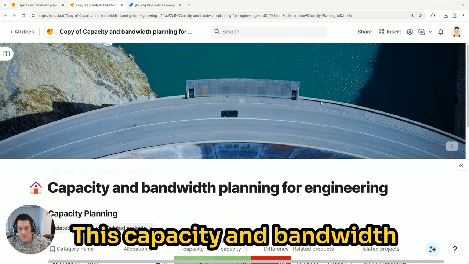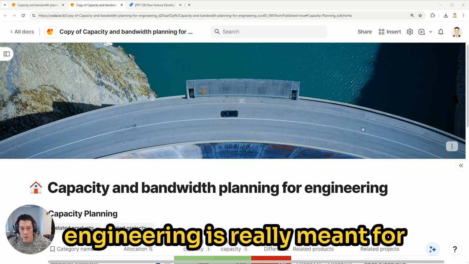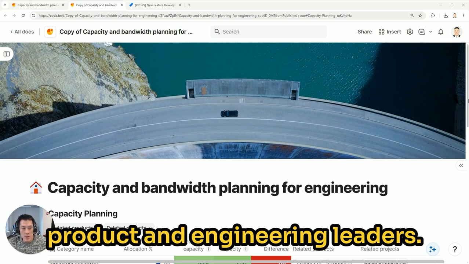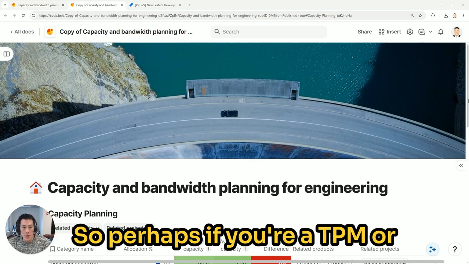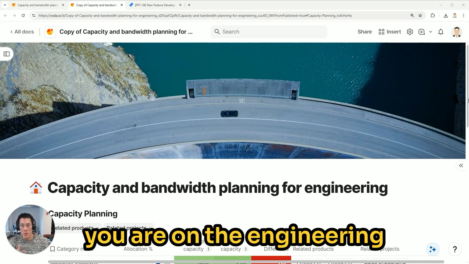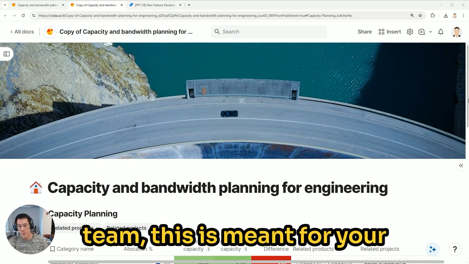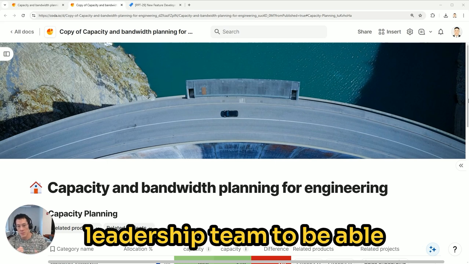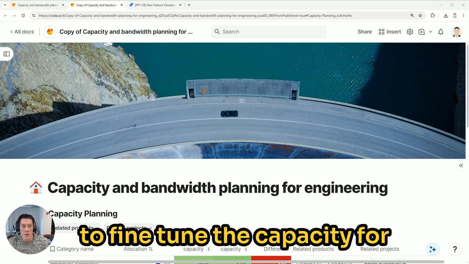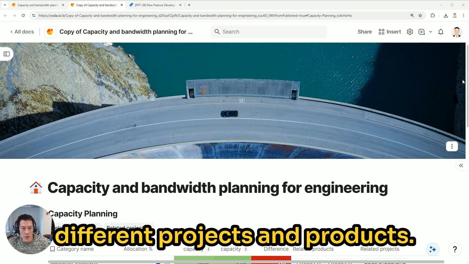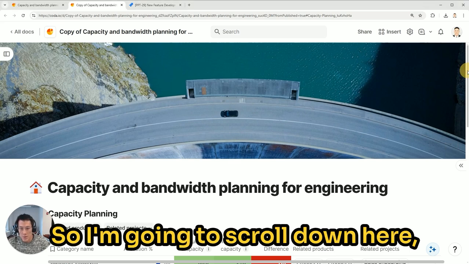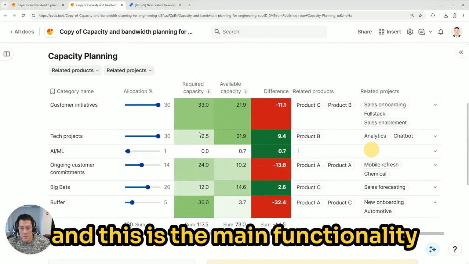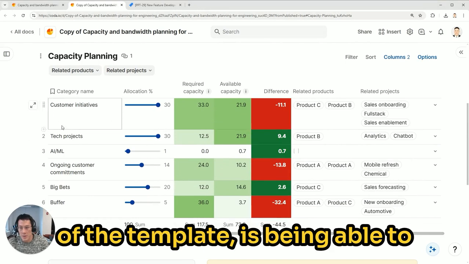This capacity and bandwidth planning template for engineering is really meant for product and engineering leaders. So perhaps if you're a TPM or you are on the engineering team, this is meant for your leadership team to be able to fine tune the capacity for different projects and products. So I'm going to scroll down here, and this is the main functionality of the template,